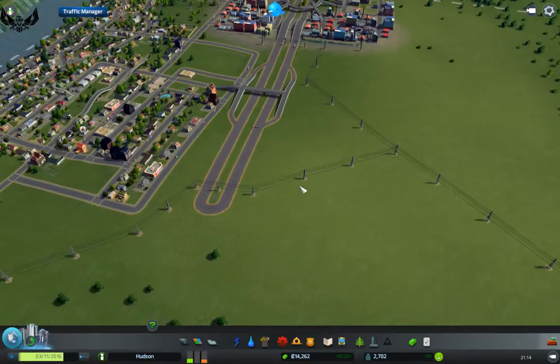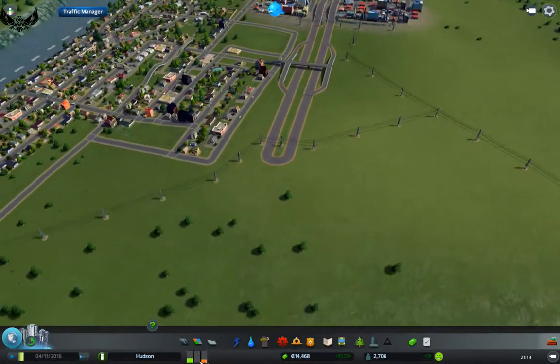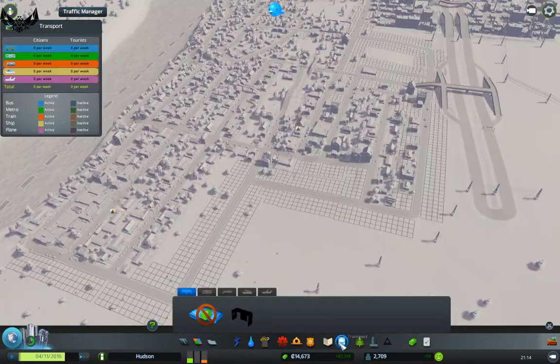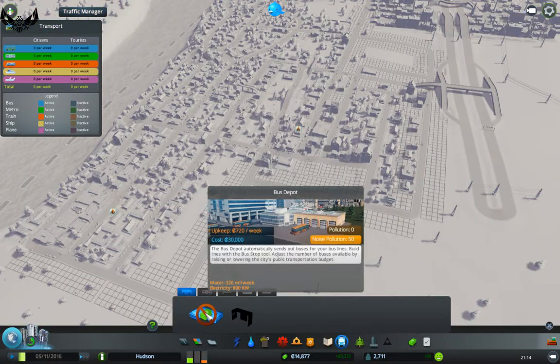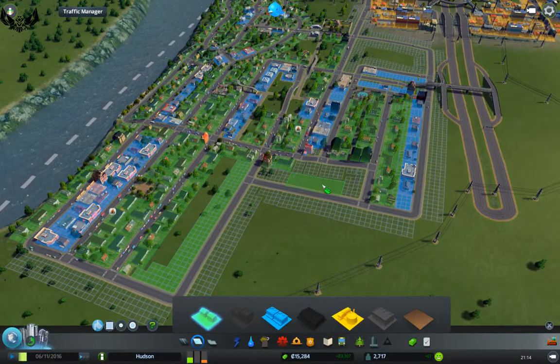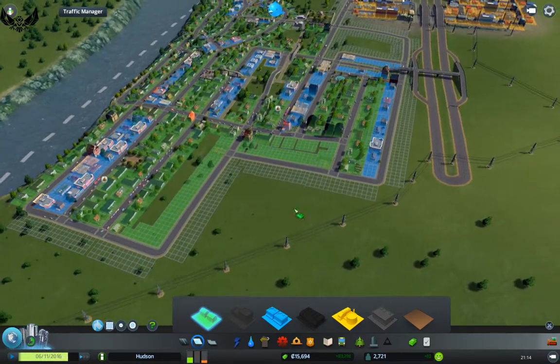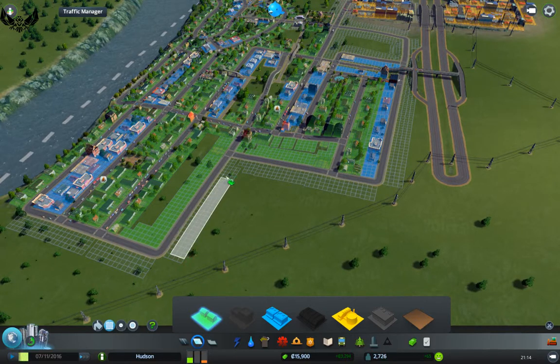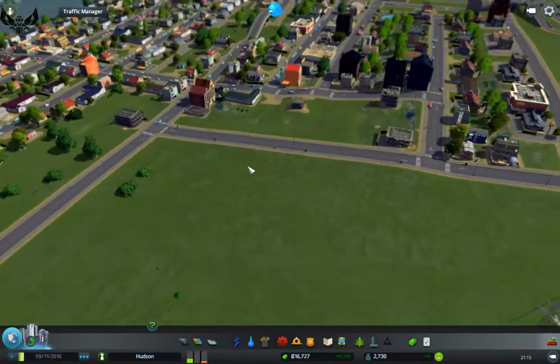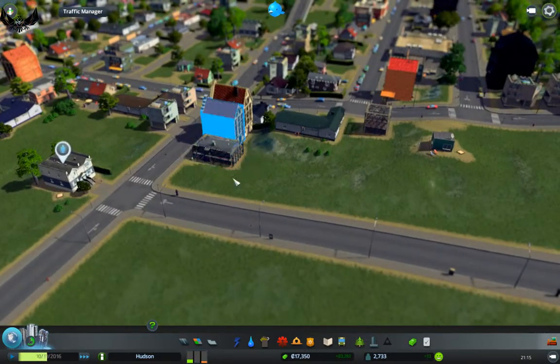But let's see. Okay, we got again, industry is right now down, but residential goes up again. Did we already build? No buses, because we got no money. We need 30,000 credits for that, and we're about halfway there. So let's just happily build some new houses, and let's see how the city grows. Now right there, that's fine. And let's go to speed 3